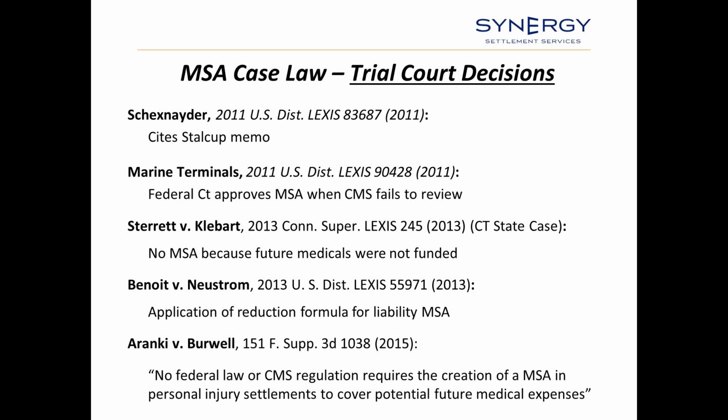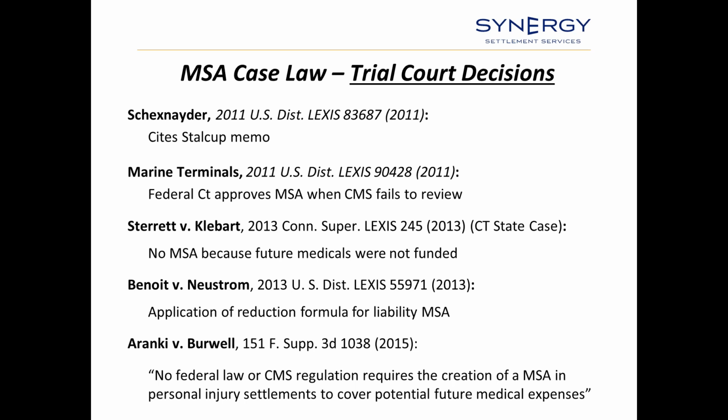Well, in liability settlements, we have cases all the time that get settled for less than full value because caps on damages, policy limits, liability issues, a myriad of things can result in a case settling for less than full value. So say you've got $1 million in future Medicare coverage services, but you've got a $100,000 policy limit settlement. How do you set aside $1 million when you're getting $100,000 gross? The answer is you can't. So you have to have some type of reduction mechanism to do that.